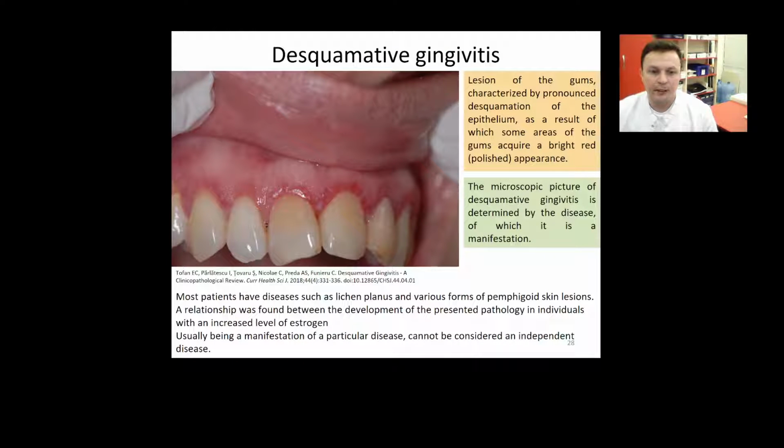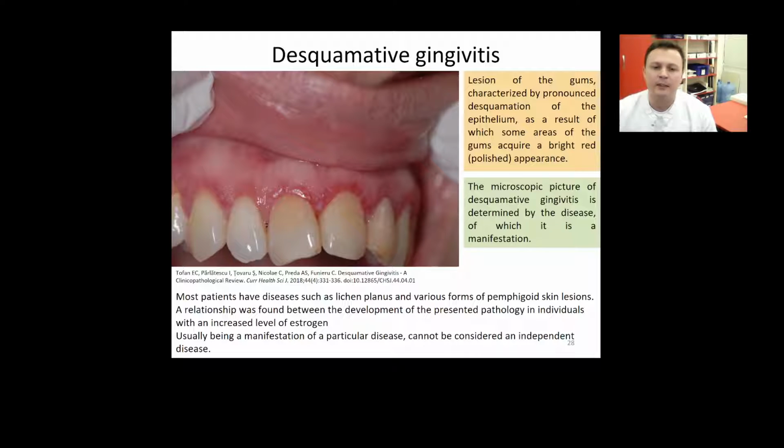Desquamative gingivitis. A lesion of the gums characterized by pronounced desquamation of the epithelium, as a result of which some areas of the gums acquire a bright red or polished appearance. Desquamative gingivitis is often the initial manifestation of vesicular erosive lesions of the oral mucosa. Patients with desquamative gingivitis have diseases such as lichen planus and various forms of pemphigoid skin lesions. A relation was found between the development of the desquamative